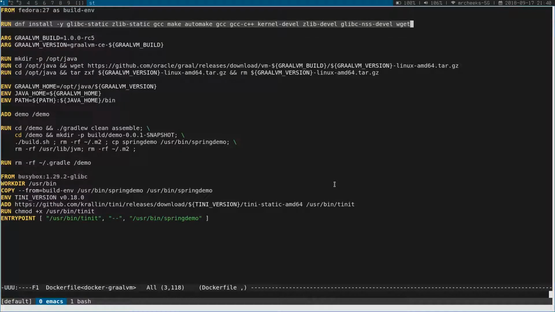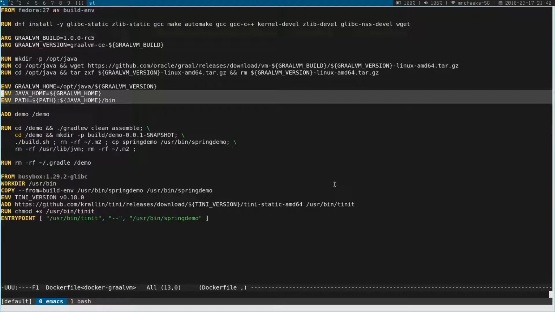So once I have some basic libraries installed, I download the release candidate 1.0.5 from GitHub,